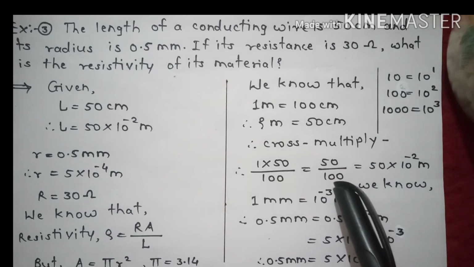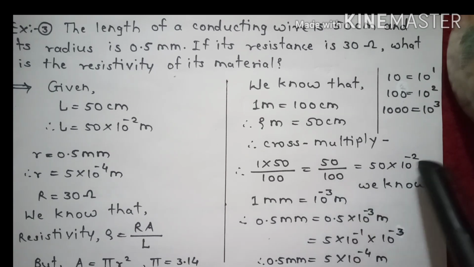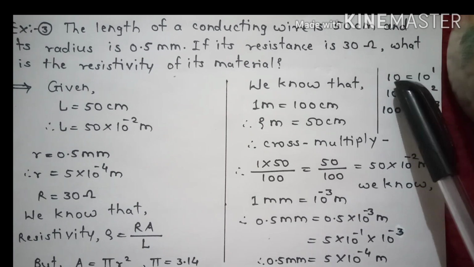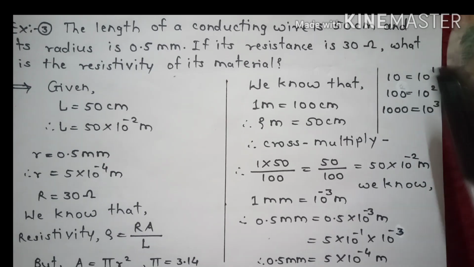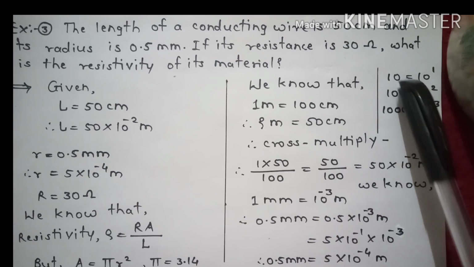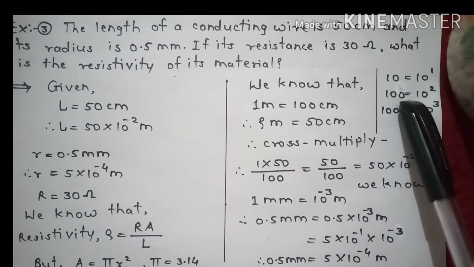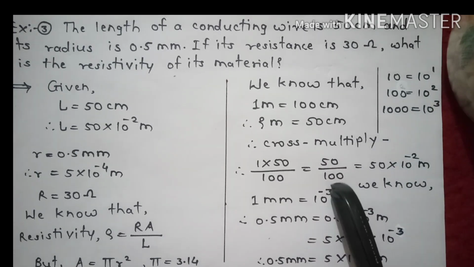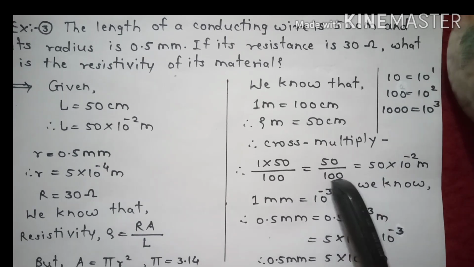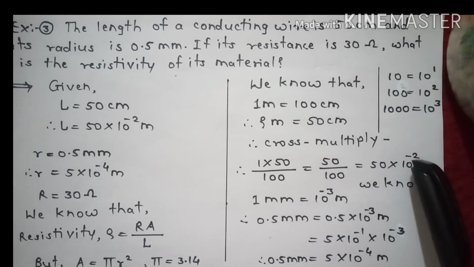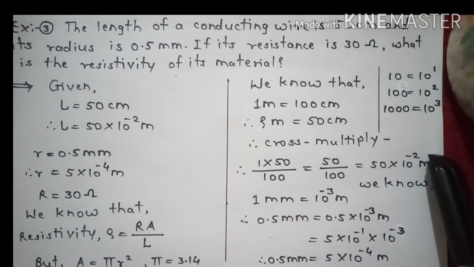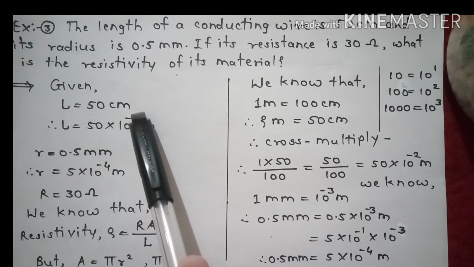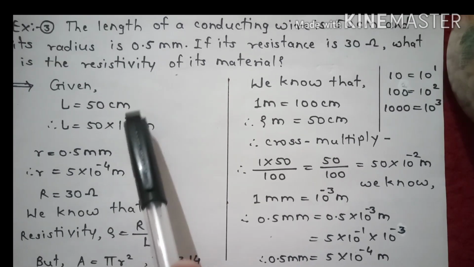Now here you will ask, this 100, how you converted it into 10 raised to minus 2? So here we will see, 10 raised to nothing is there, means 10 raised to 1 only. 10 into 10 means 100. This 100 we can write 10 raised to 2. 1000 we can write 10 raised to 3. So here 100 is there, but this 100 is going to numerator. That's why we are writing here 10 raised to minus 2 meter. Now this centimeter we converted into 10 raised to minus 2 meter, means 50 into 10 raised to minus 2